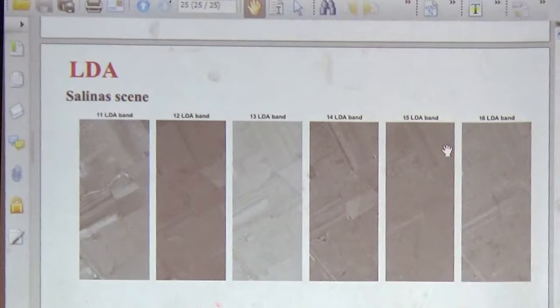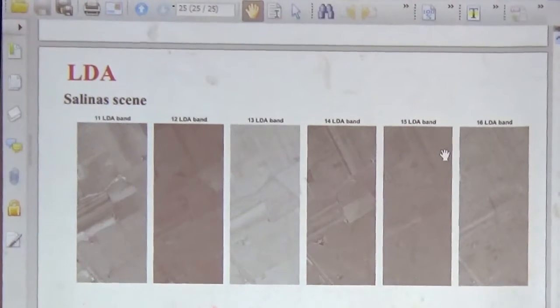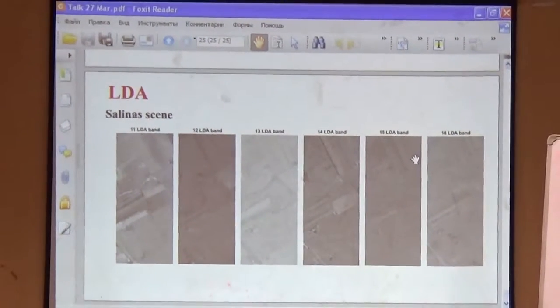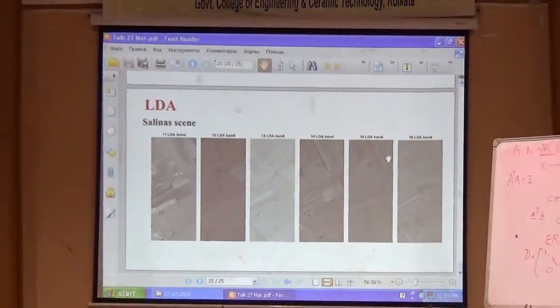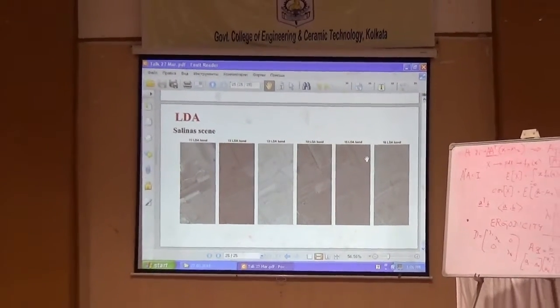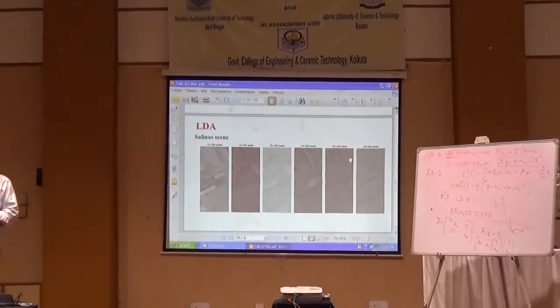So I think we'll stop here. We are exactly at 1, and I have not yet touched my deep learning part in the slides. What should I do? Shall we come back after lunch, or should